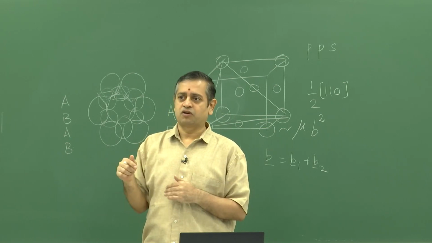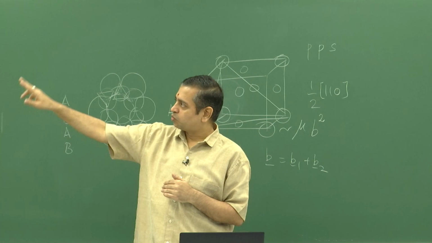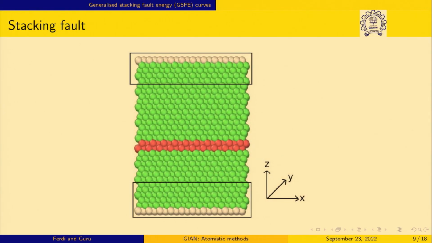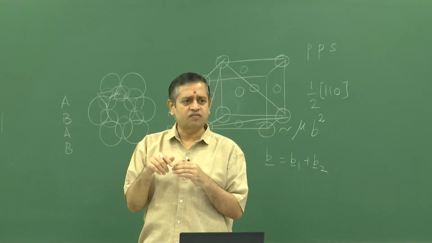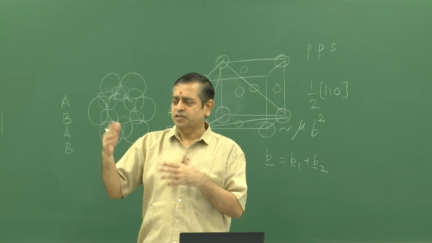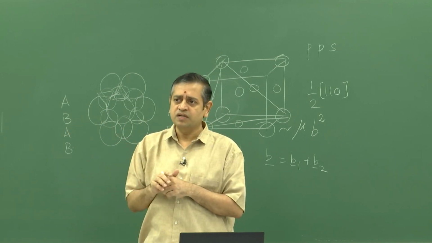But if you use periodic boundary conditions, sometimes it is very difficult to avoid the atoms at the periodic boundary forming another stacking fault, or sitting in some unfavorable positions. So, in the GSFE you can simply ignore some number of atoms far away from the stacking fault, and that is what is shown in this box. You leave out these atoms and you calculate the potential energy for the remaining atoms before the creation of the stacking fault, and at every step take the potential energy and plot,